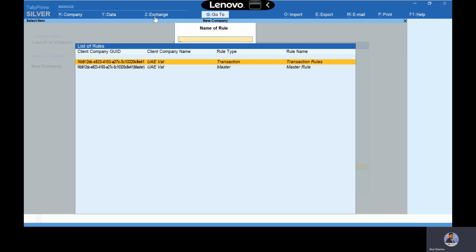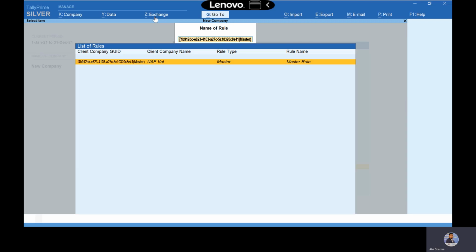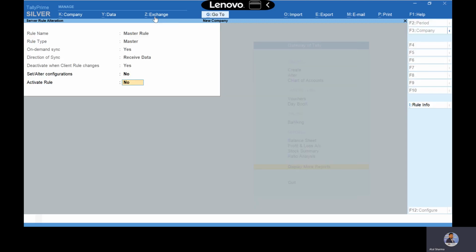Once you click here, you can see both the rules which we have already created appearing here. So we can click here and we have to activate the rule. So here we can see activate rule. Just click yes and accept it. Once you accept, it will get removed from here. Again, we will accept for the master rule as well.